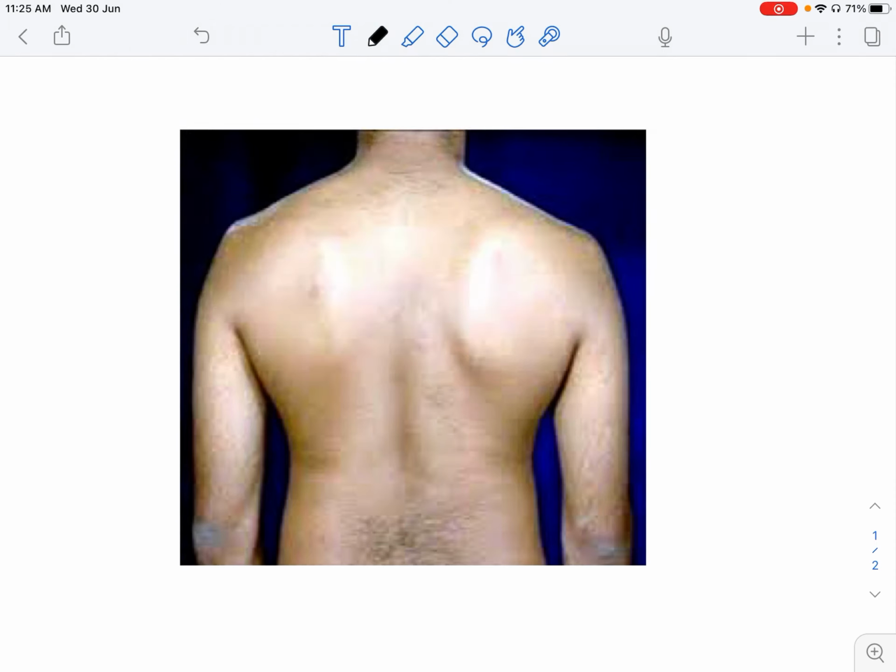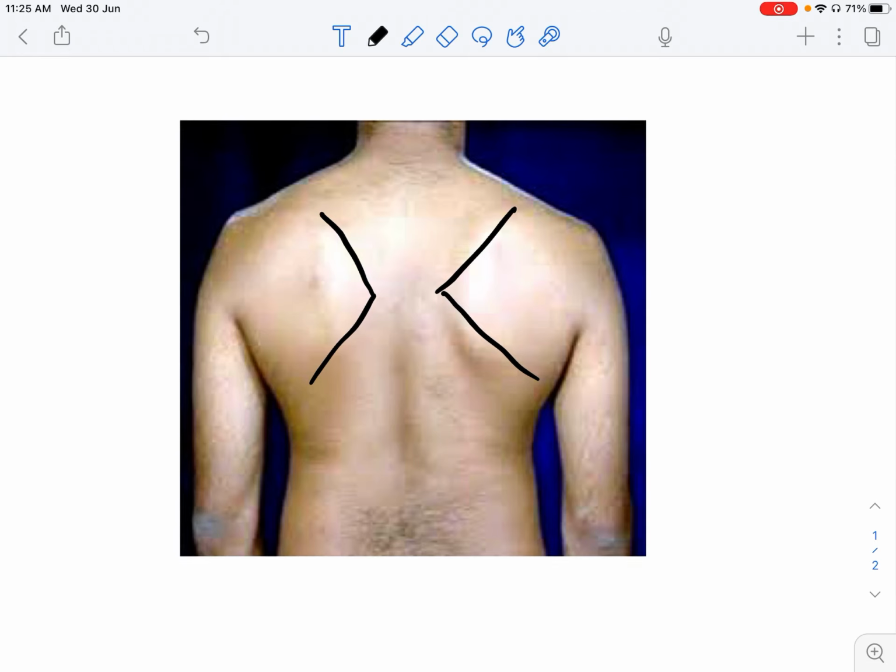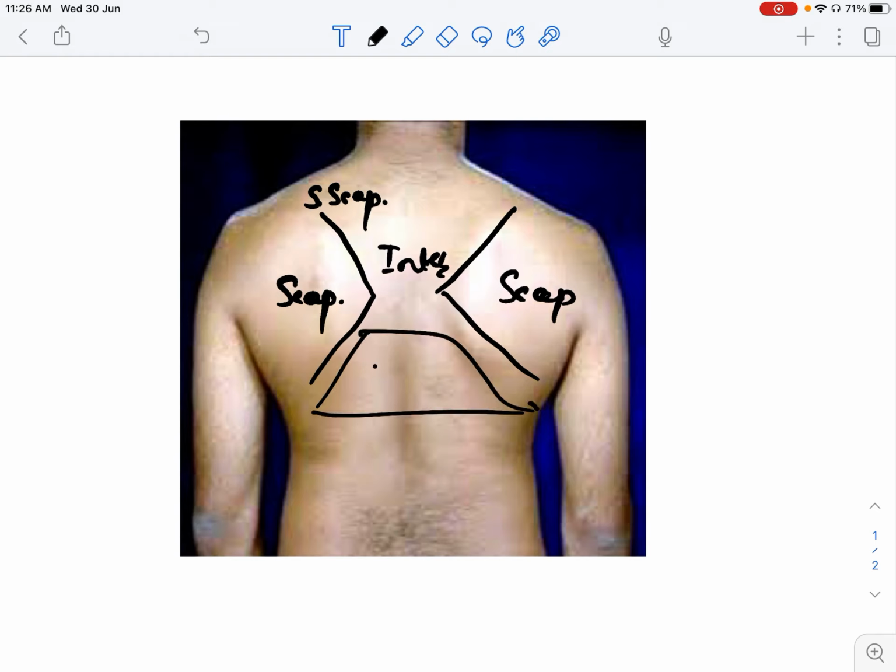Not actually complicated, but the posterior part of the thorax, as far as it is concerned, the surface marker that we use for dividing the thorax into posterior regions is known as clavicle. So, sorry, scapula. Pardon. So, depending on the position of the scapula, we are dividing that area into something that is above scapula, that is suprascapular. Then the area which lies over the scapula is scapular. Then the area in between is interscapular, and this area we call it as infrascapular.